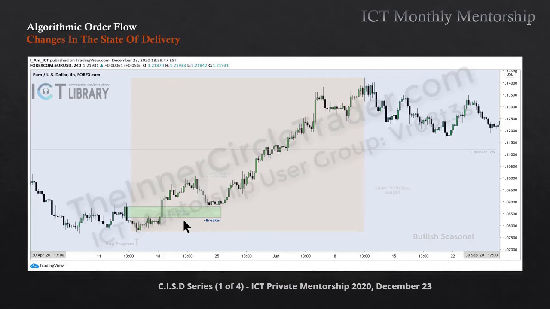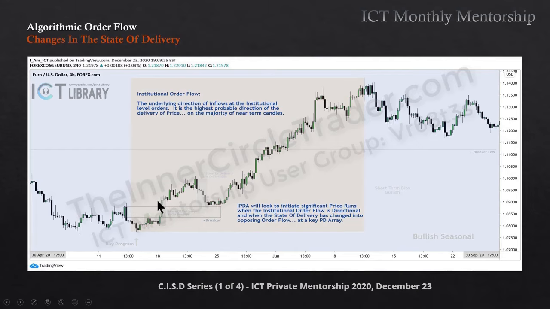So the order flow algorithmically is likely to see high probability setups with these signatures. All these factors coming in give you this: your institutional order flow, which you're trying to seek. You're trying to determine what that is. And it's the underlying direction of inflows at the institutional level orders. It is the highest probable direction of the delivery of price on the majority of near-term candles. That means